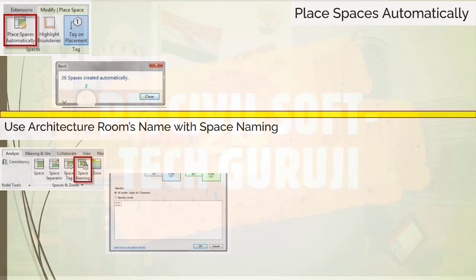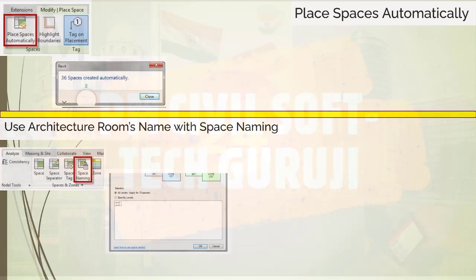This tool is included in Revit 2017 and above. However, if you use an older version, you must install the space naming utility separately for versions below 2017.